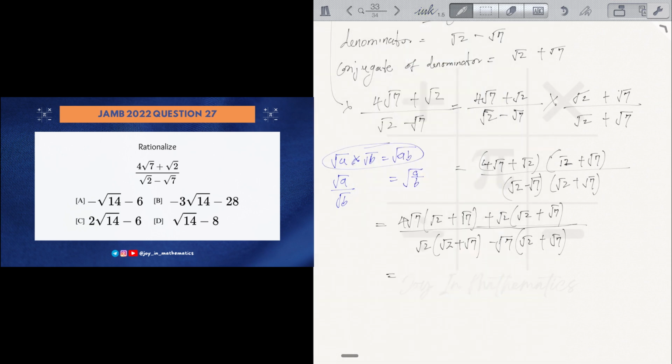So let's multiply the terms together now. 4 root 7 multiplied by root 2 will give us 4 root of 7 times 2, 7 times 2 is 14, plus 4 root 7